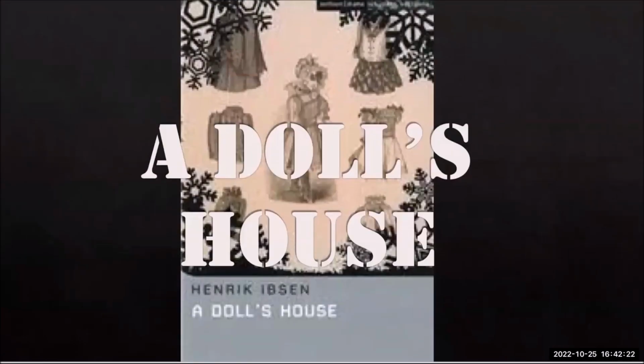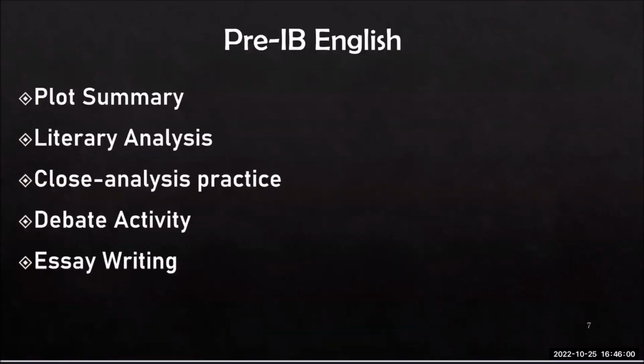Finally, A Doll's House is a 3-act play written by Norwegian playwright Henrik Ibsen. It focuses mainly on the lives of a group of middle-class Norwegians in the 1870s and deals with the themes such as identity, gender roles in a patriarchal society, prejudice, appearances, and the power of money. Since this is the only play that we will study during this whole winter session, I'm sure you will enjoy this new genre of the play, right? We will deeply explore how it is different from normal novel or even poems.